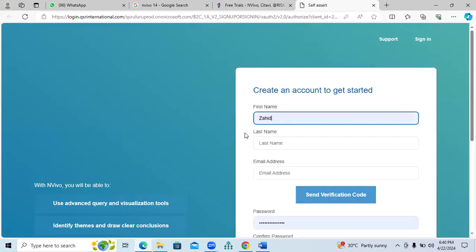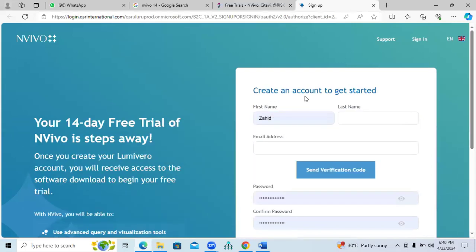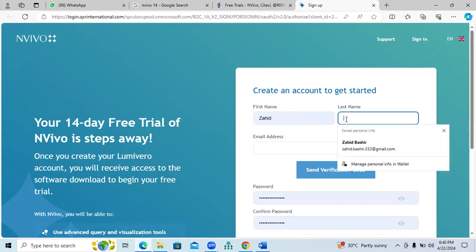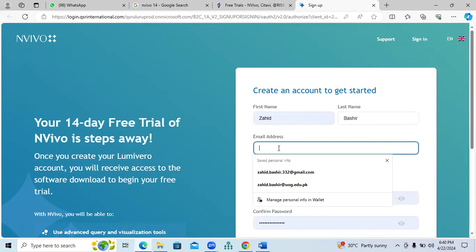You need to get yourself registered by entering the basic information required at the login stage. So you need to create an account first. Let's suppose I enter my first name and last name, for example, Bashir is my last name. Now you need to enter here an email ID that you have not previously used. If you have used NVivo software previously, you should not use the same email ID. So let me use another of my email IDs here, like